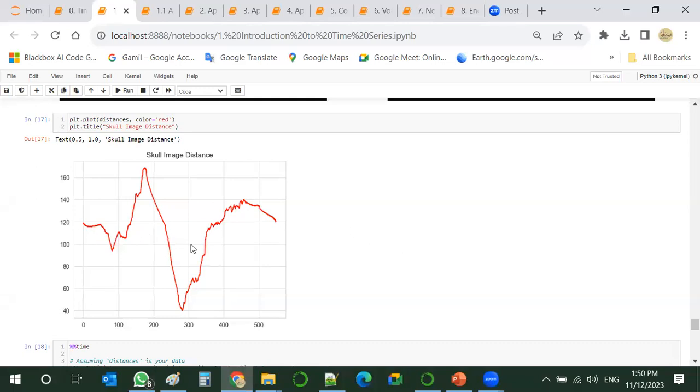And this opened a whole new frontier of processing images, being able to convert the information from image to series.